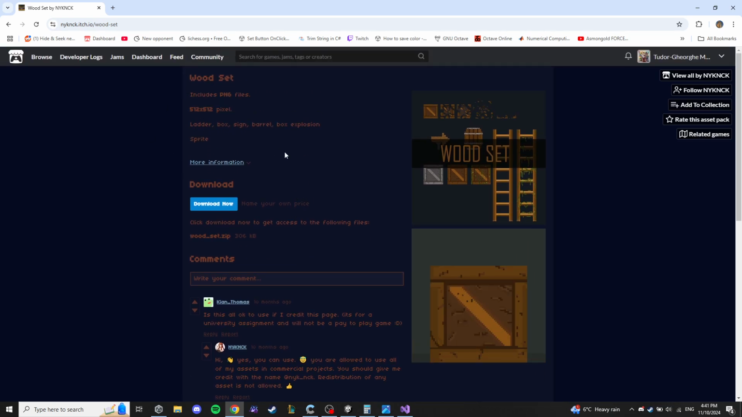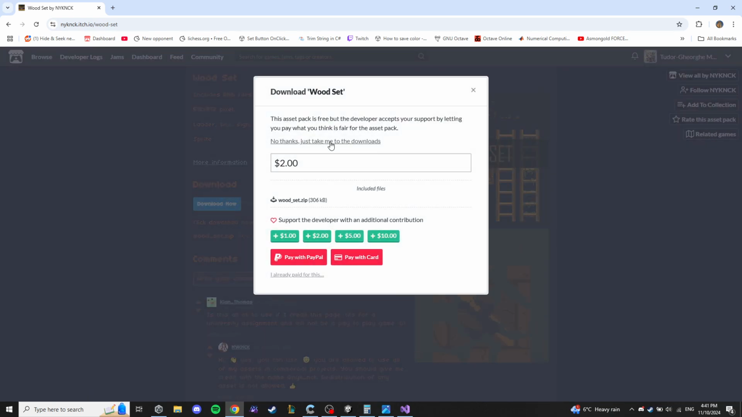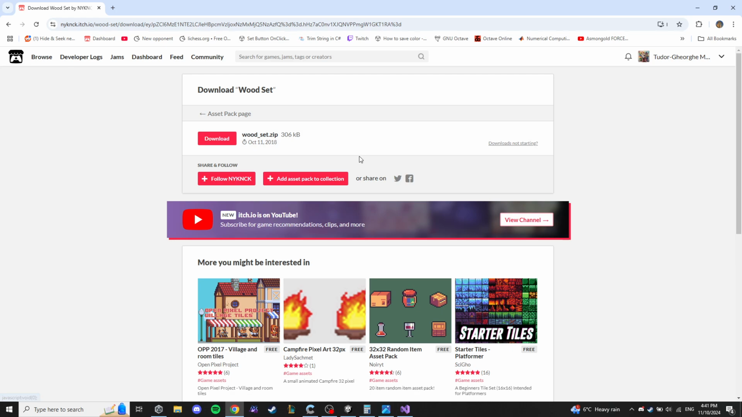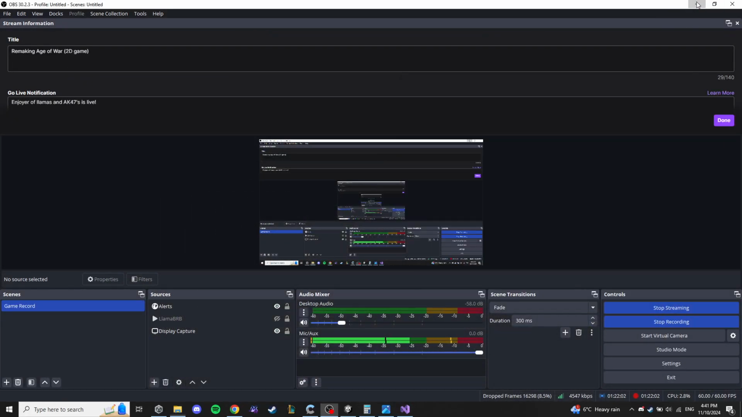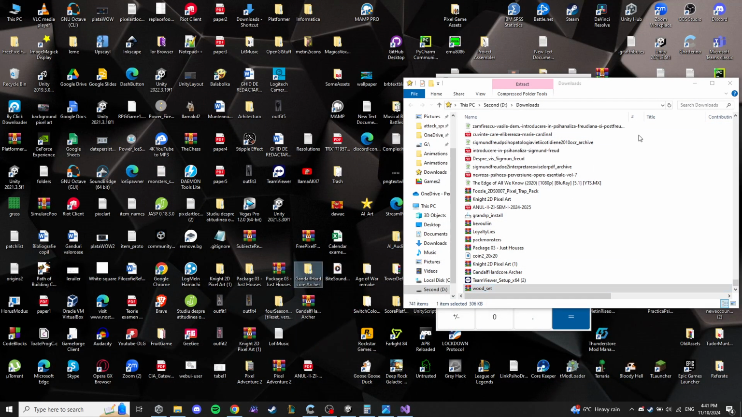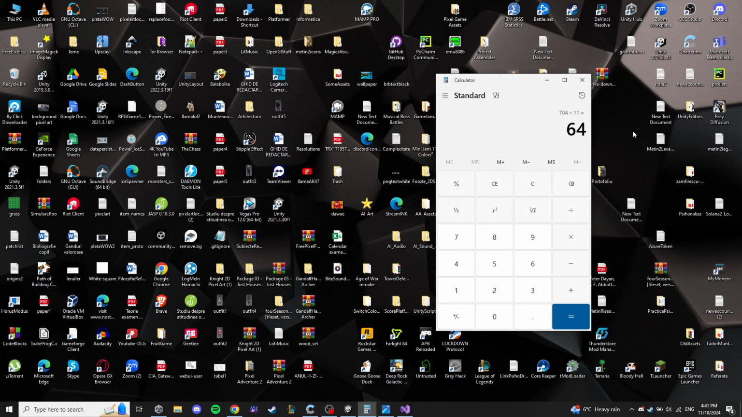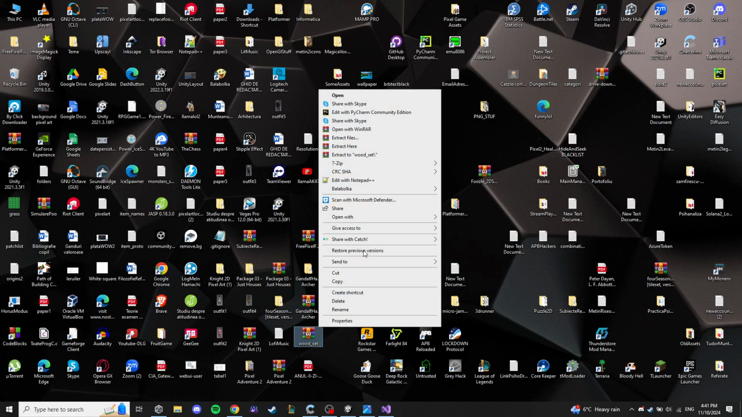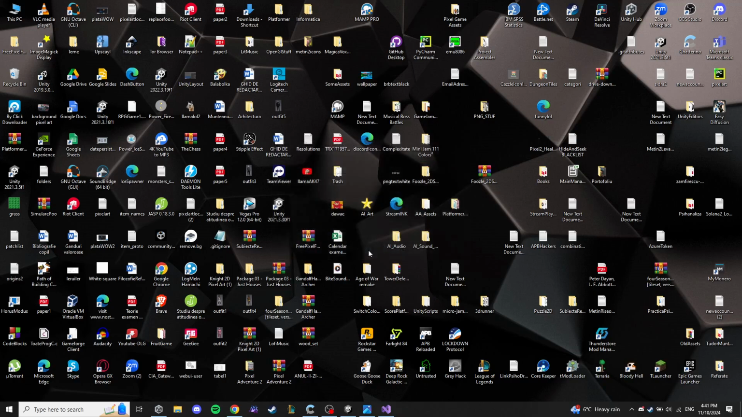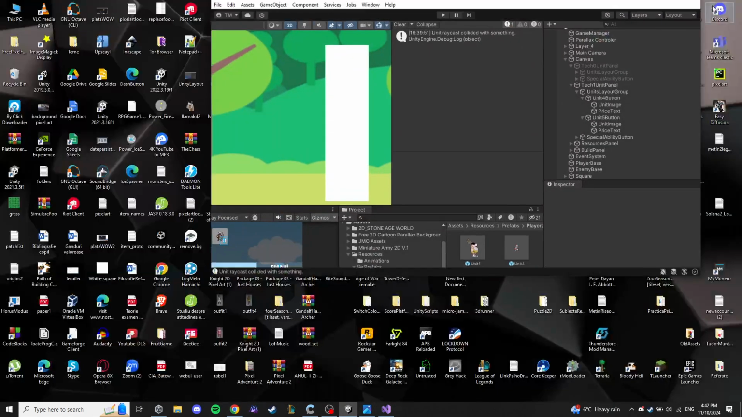And we'll try to create some turrets. Okay. Let's see where this is downloaded. Minimize everything. One second, I have to unzip. And now we can drag this into our Unity,